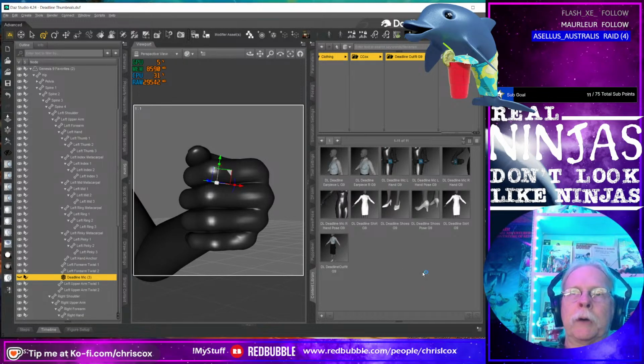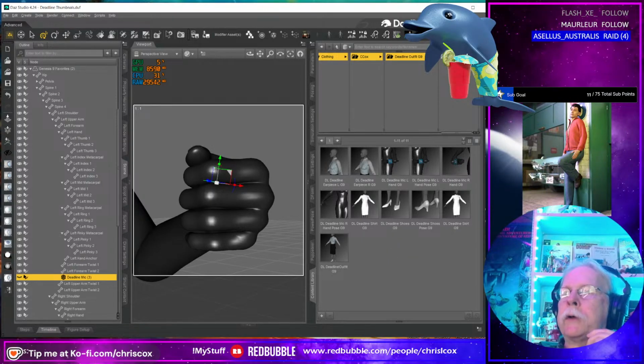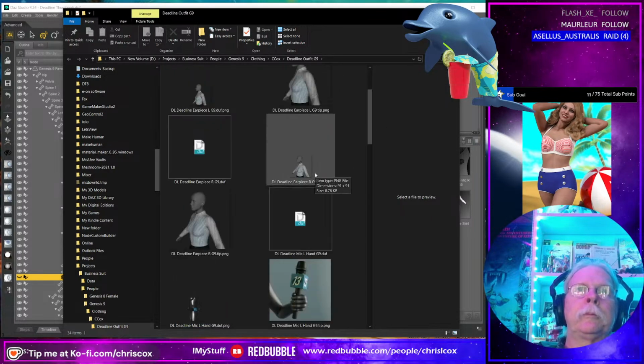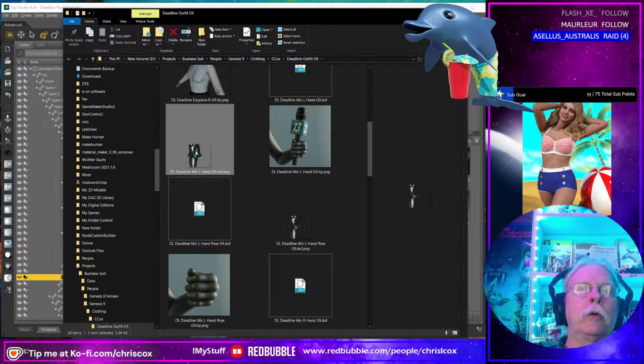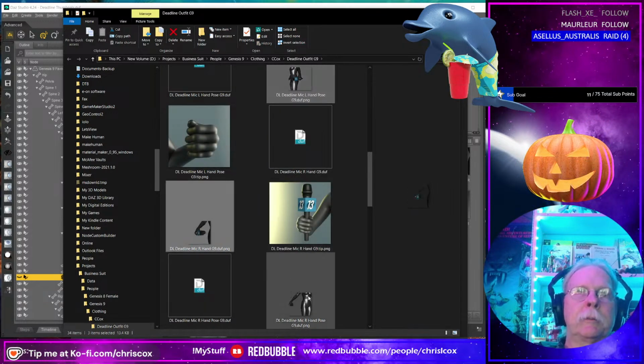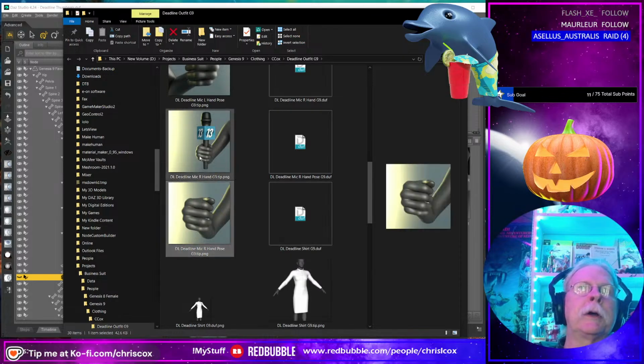So here, we're going to browse that file location. Did I not just say browse file location? I thought I did. Let's try that again. There we go. So we're going to get rid of these janky small thumbs and replace them with small versions of these nice larger tip thumbs that we have here.